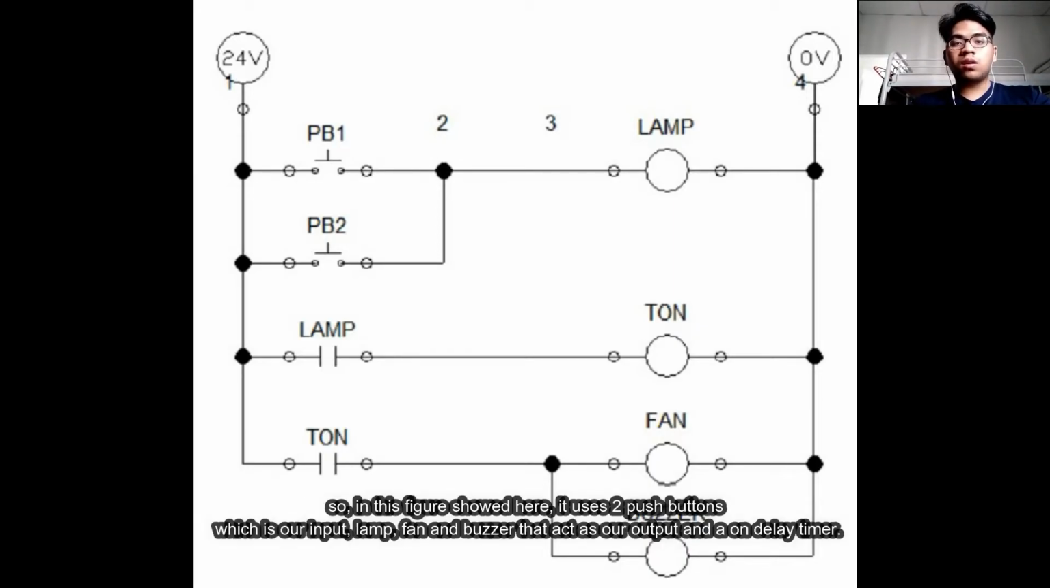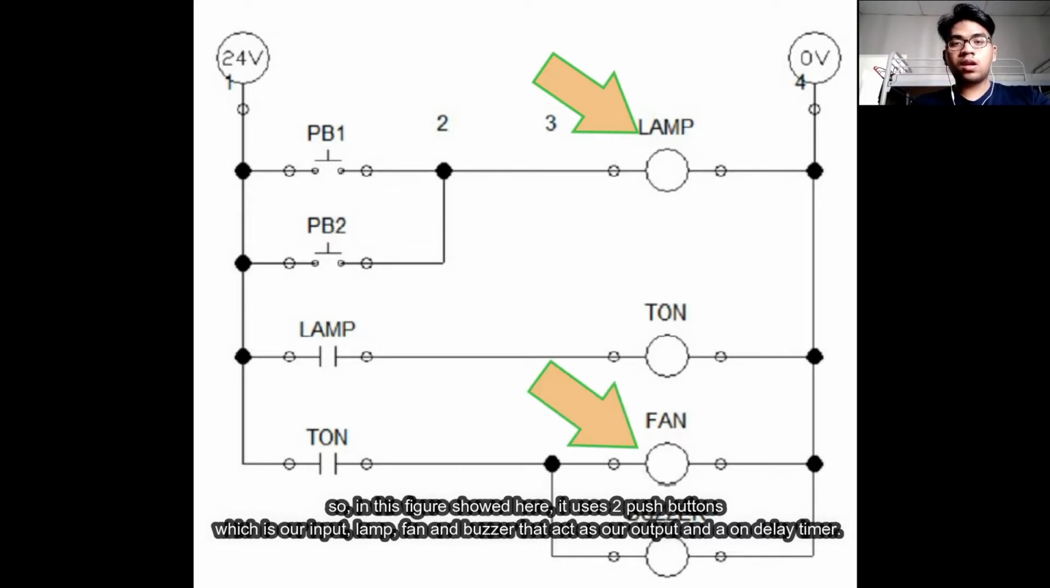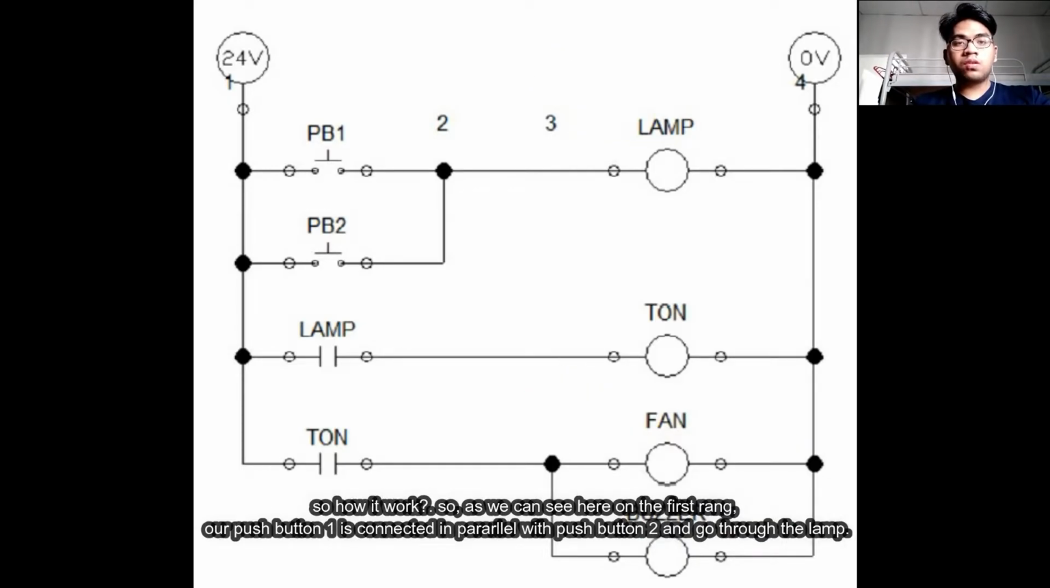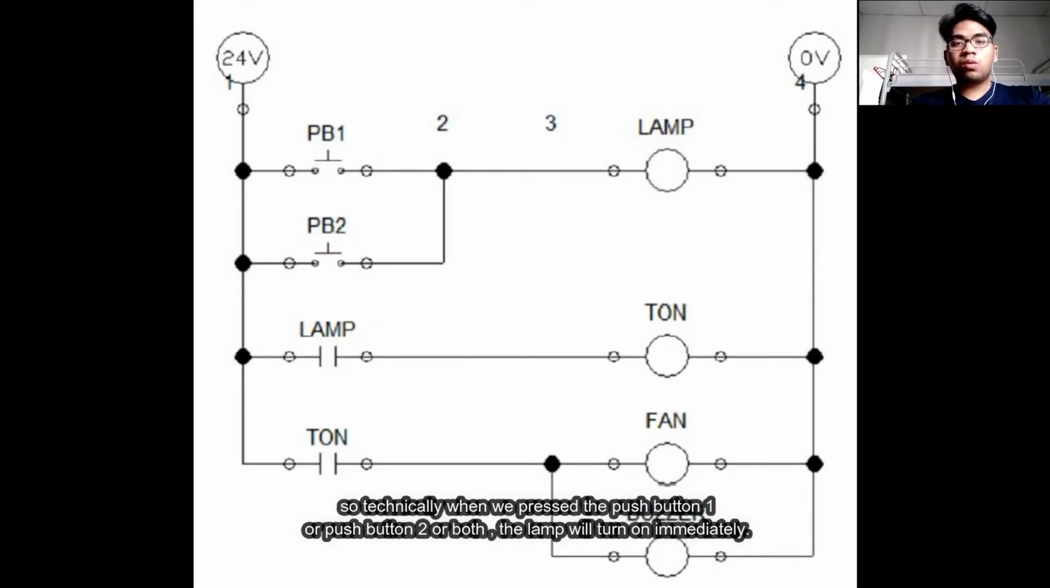So in this figure shown here, it uses two push buttons, which is our input, and a lamp, fan, and a buzzer that act as our output, and an on-delay timer. So how does it work? As we can see here on the first rung, our push button 1 is connected in parallel with push button 2 and goes to the lamp. So technically, when we press push button 1 or push button 2 or both, the lamp will turn on